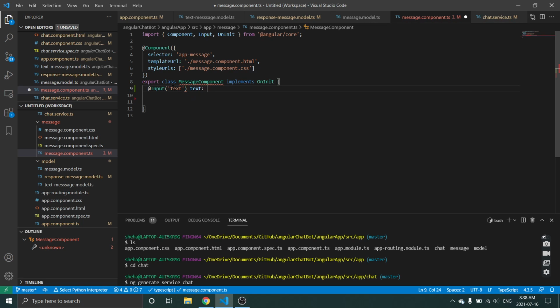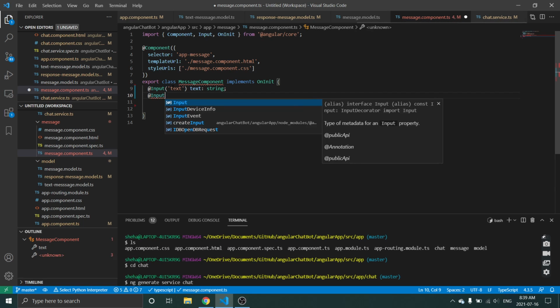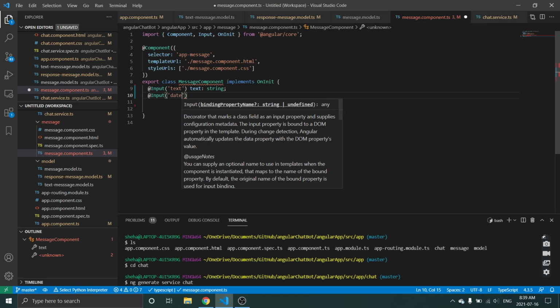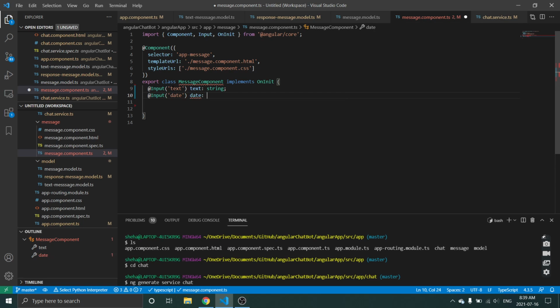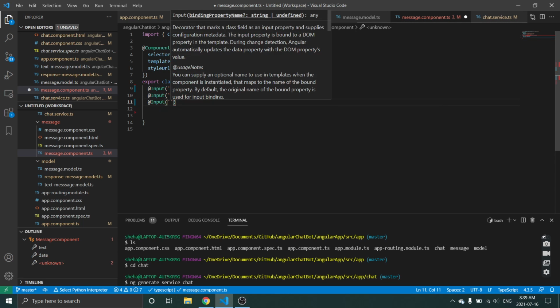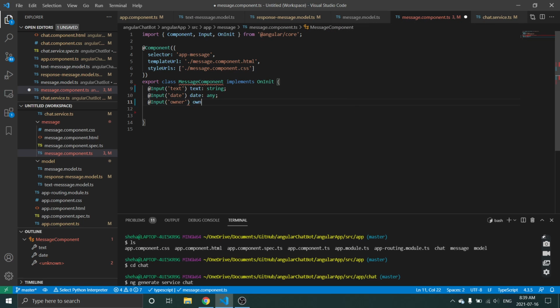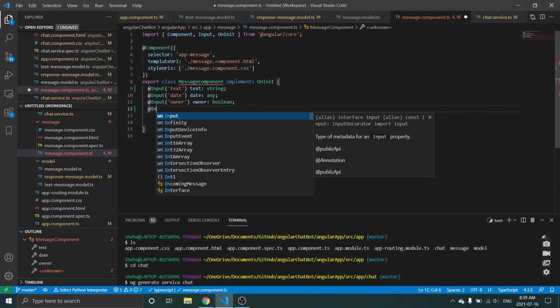The message component is basically a view component. What I mean by that is it just takes in data and displays it. It doesn't make HTTP requests or any complicated logic like that. So we have text, date, and owner, all passed in from the chat component, as you saw in the chat component's template file. Then you have input